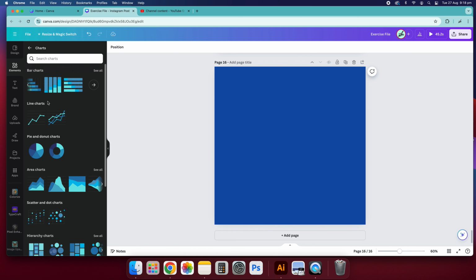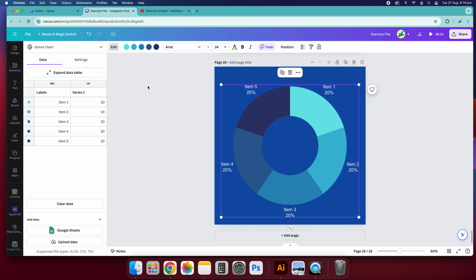So say for example you've got a pie chart. Maybe we'll go for a donut chart. We can edit the colors of each of these items as we go through. When you do insert a chart, this is where you can edit each label and the data in its subset. So you can adjust this accordingly to whatever data set you have. If you click into each item, you can say